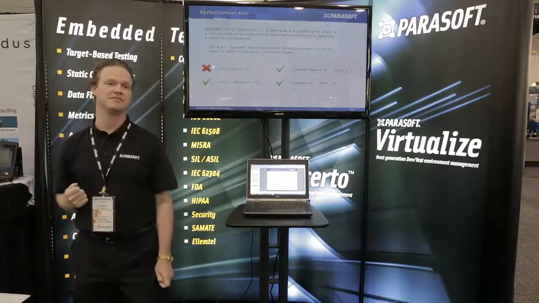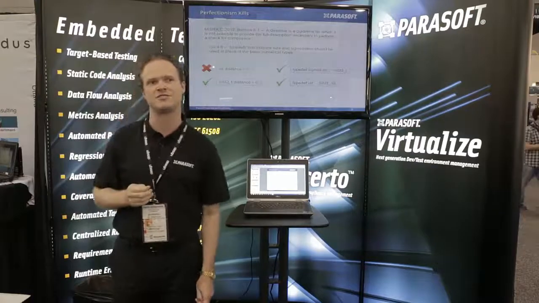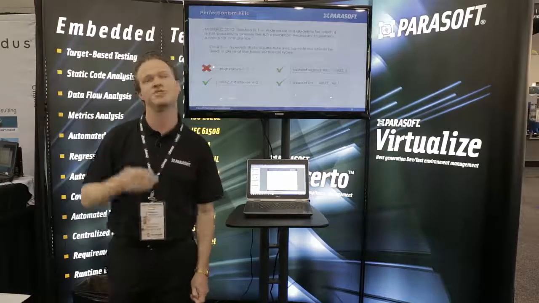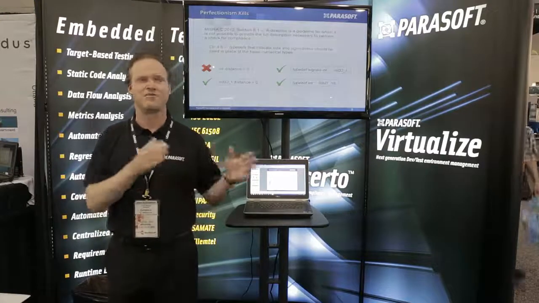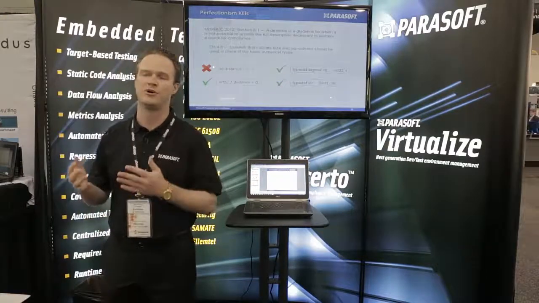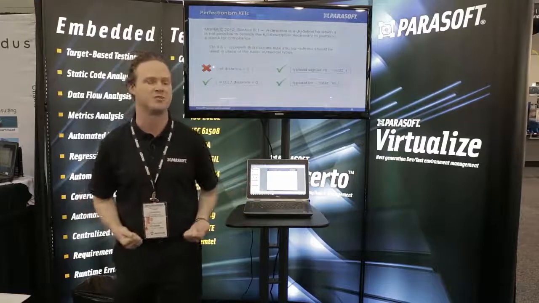Now, can we be 100% certain that you're following the rule? No, but that's why we introduce other methods such as code review, right? Now that you've got enough checks in place, you've got enough quality gates, you can be more and more certain that you're compliant.